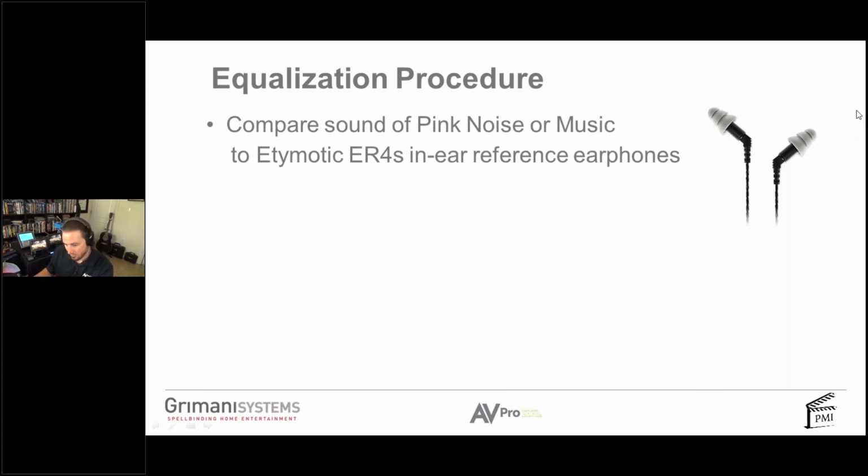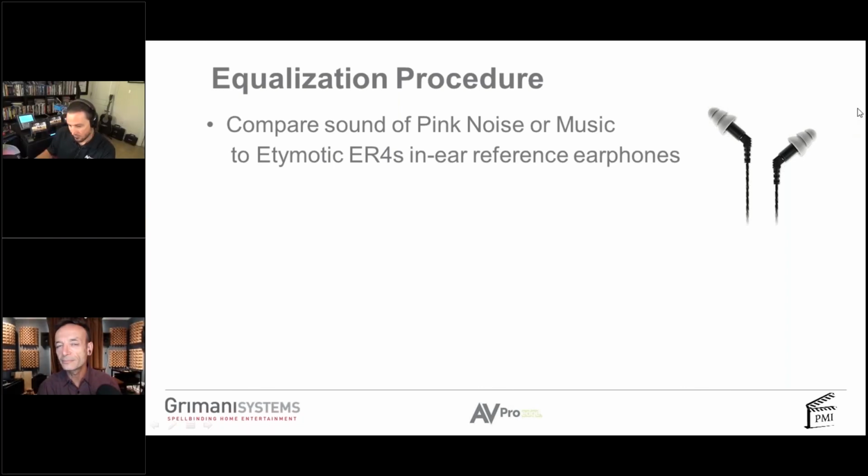Here, I'll turn my camera on again so people can see me. I'll play pink noise into my ears with the actual thing plugged into the output of my